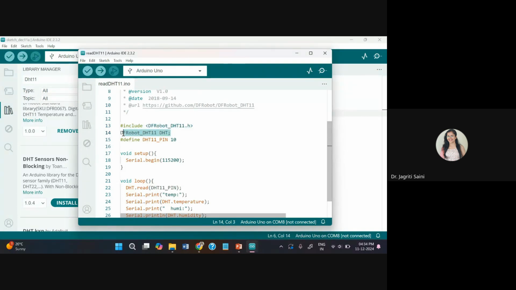Then we are setting up an object for calling that library. You can also call it something like a nickname we have given to the library that we can use throughout the program. Then I'm defining a pin for connection of the data line of my sensor. So the data in this case will be transferred on pin number 10 of Arduino, and accordingly the wire I'll be connecting. Then we have the setup section where I'm using